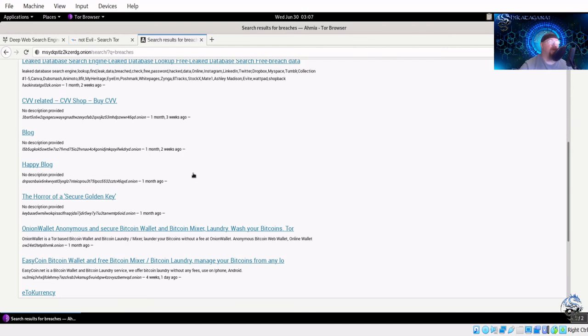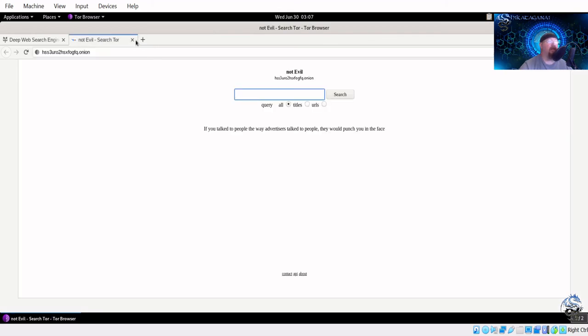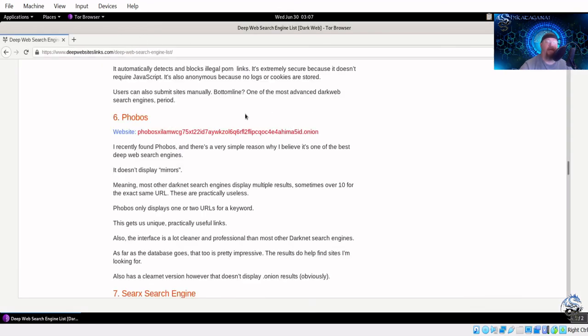And this is essentially what you would do to browse around using Tor, to get around things like the dark web and all that kind of good stuff there as well. And I would suggest, like I said, using it for education purposes and also using it if you're going to be like a cyber threat intel guy or girl and searching your company on any type of forums and such.